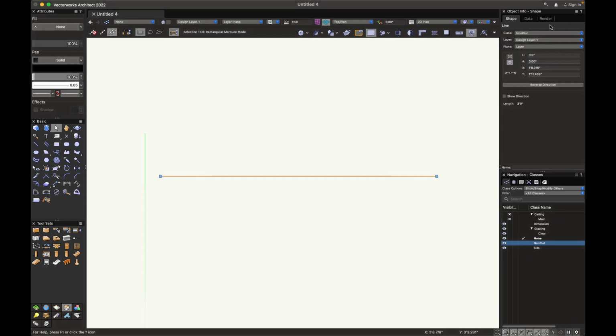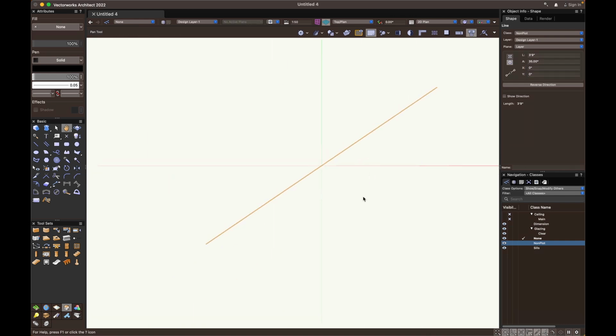it. Also, in the object info palette, you can give some simple mathematical equations. So if I want to increase it by, let's say, 9 inches, I'll just put a plus symbol and put 9 inches, and it will increase by 9 inches. You can give the angle. Let's say I want it on 35 degrees, so it will rotate it by 35 degrees. And you can change the position, the x and y coordinates of the line as well, or not just line,